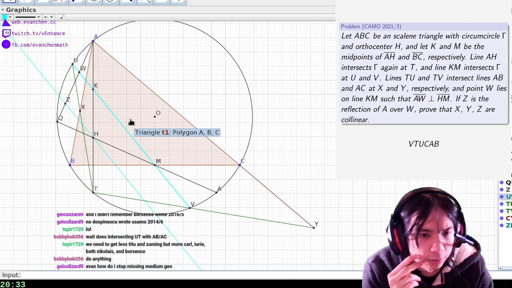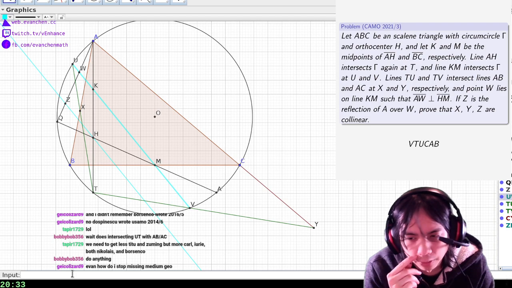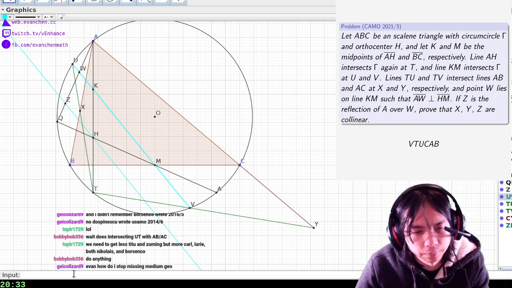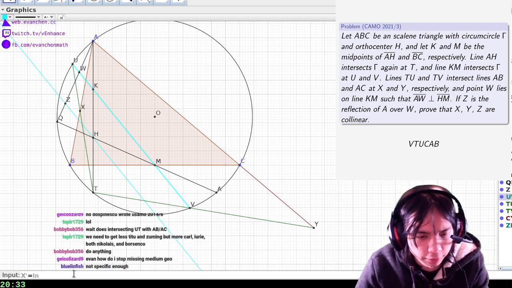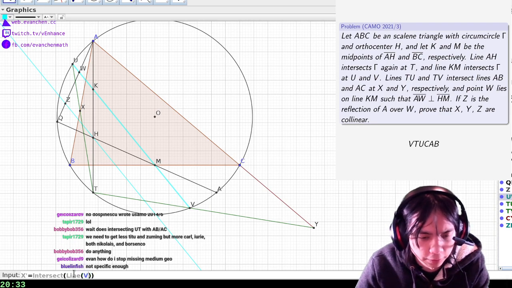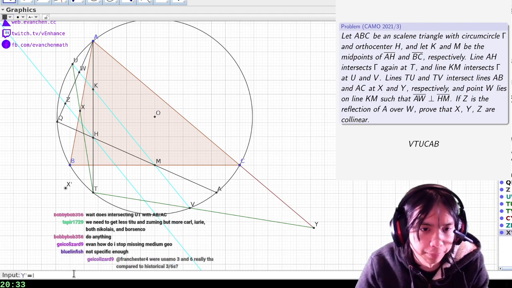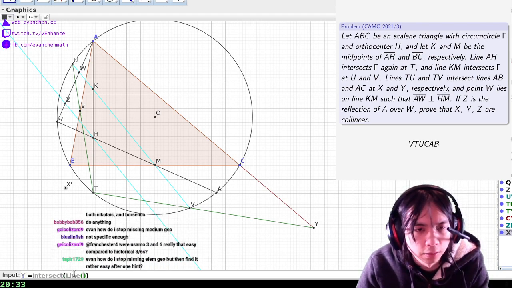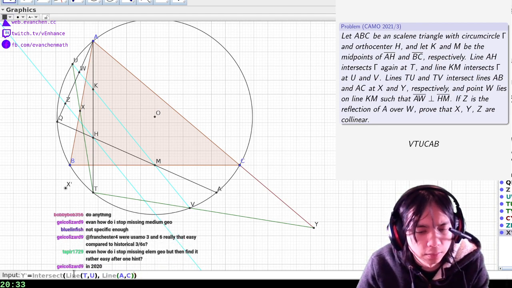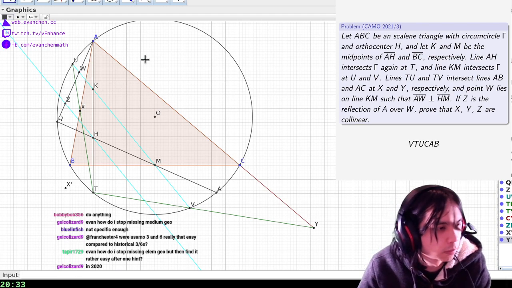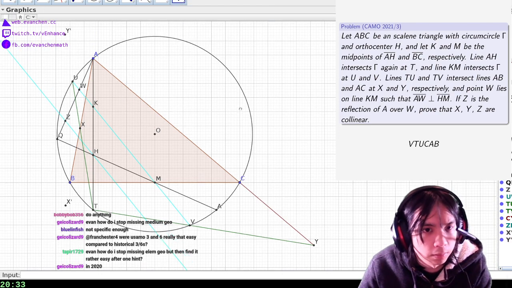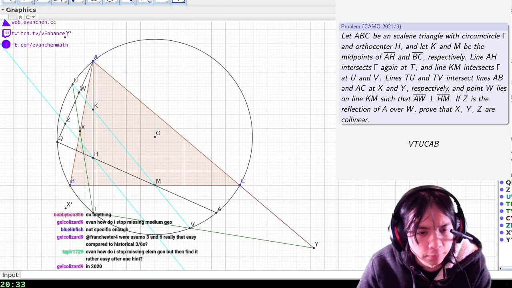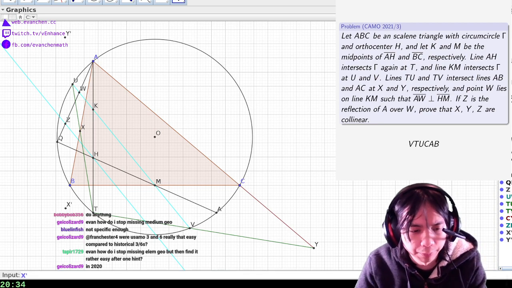Intersecting UT with AB gives E. Okay, I'll draw the points. There's a point X prime, which is the intersection of line VT with AB. Yeah, this is the one I was mentioning earlier. Then we'll call Y prime the intersection of line NTU with AC. Y prime's up there. And then it's also the case, so X prime, Y prime